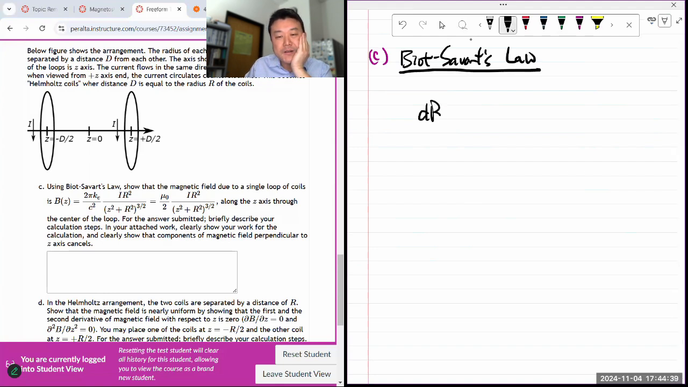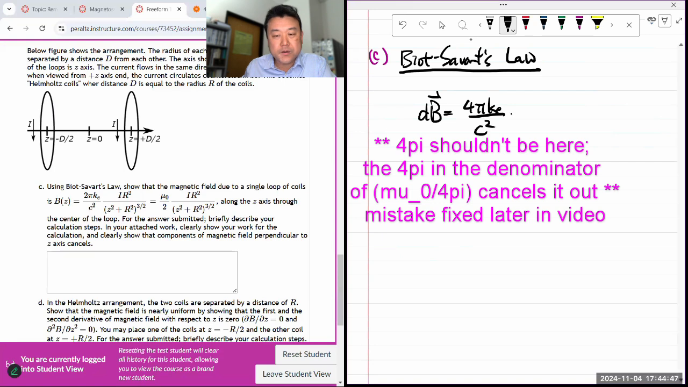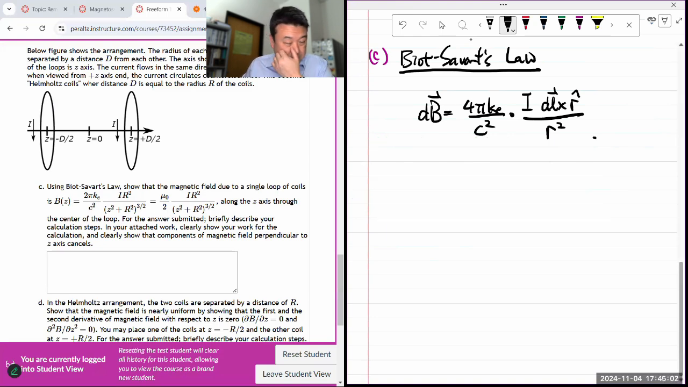The infinitesimal magnetic field contribution is equal to mu naught, or that's a 4 pi k over c squared coefficient, times the amount of current, that's what's generating the field, dl cross r hat, that gives you the direction, divided by r squared, because it's an inverse square law. So you need to have a picture in mind. So if we have a loop that looks like this,